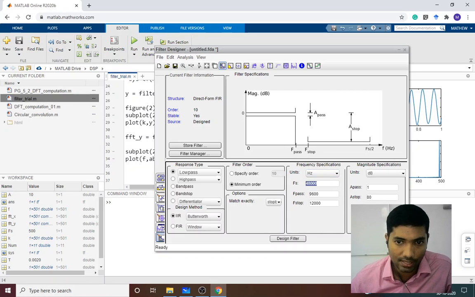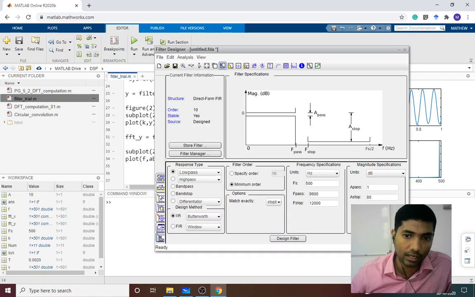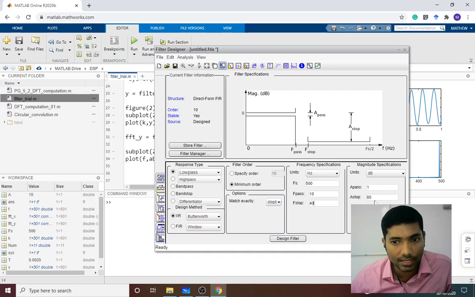Fs is the sampling frequency, which is 500. F pass, what is the pass band frequency? We require the pass band frequency to be 10 hertz, and F stop can be something towards the right of F pass, and A pass and A stop can be 1 and 80. So A pass is a small value, and A stop, which is the attenuating value, can be 80 dB. And if you click on design filter,